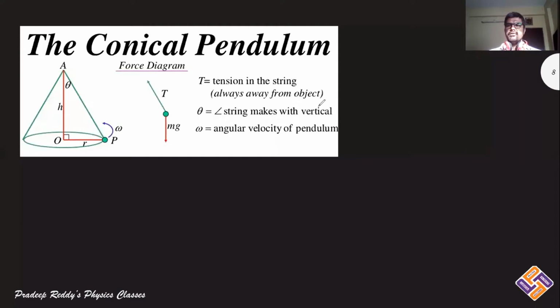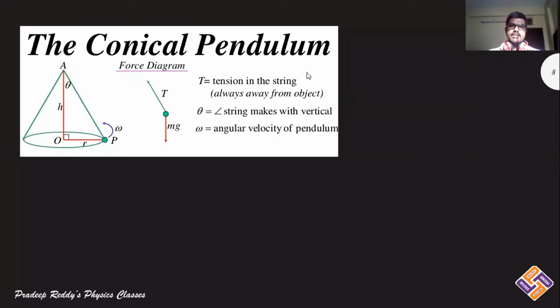Students, in the previous video sessions, we already have discussed uniform circular motion, and the introduction has been completed. We already know what centripetal force and centrifugal force are, how centripetal acceleration behaves, and the direction of centripetal and centrifugal forces. Those we have already explained in the previous video sessions.